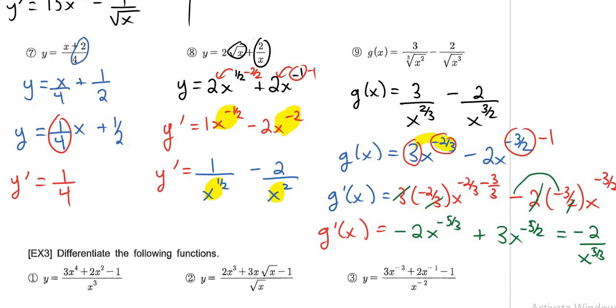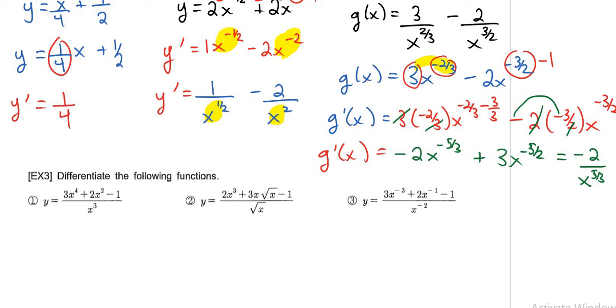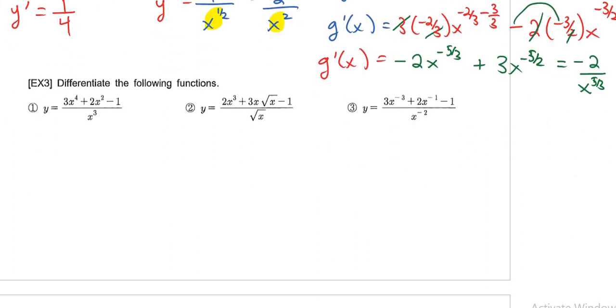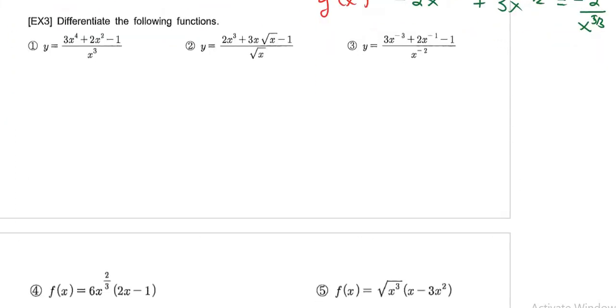Now we move on to example number 3. More derivatives using the power rule, and for question number 3, we need to simplify everything again. So if I go ahead and simplify part 1 of example number 3, I could write this all in terms of 3 individual fractions. All right, so this x cubed is dividing onto everything in the numerator. So this is one of the techniques that we teach kids in the grade 9 curriculum. And then we can simplify this